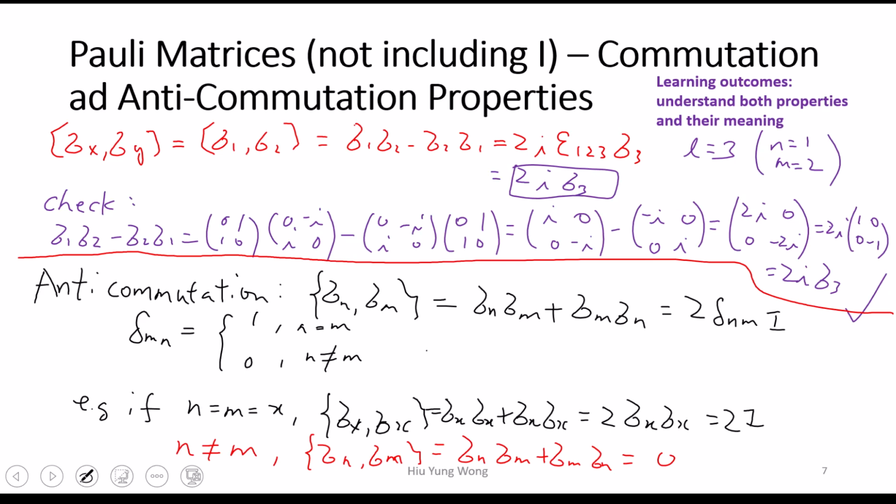Okay, so we learned two things. One is the commutation relationship, and one is the anti-commutation. First, you need to know what this means. For sure, you need to know, right? If you don't know this, don't tell people you have studied quantum mechanics or quantum computing. It's easy to memorize. AB becomes AB minus BA. Here, AB becomes AB plus BA, right? Commutation, anti-commutation. And then for this equation, hopefully you gradually can memorize